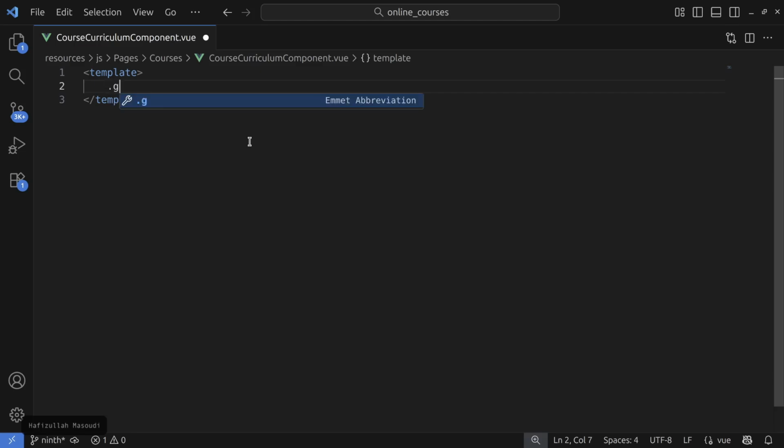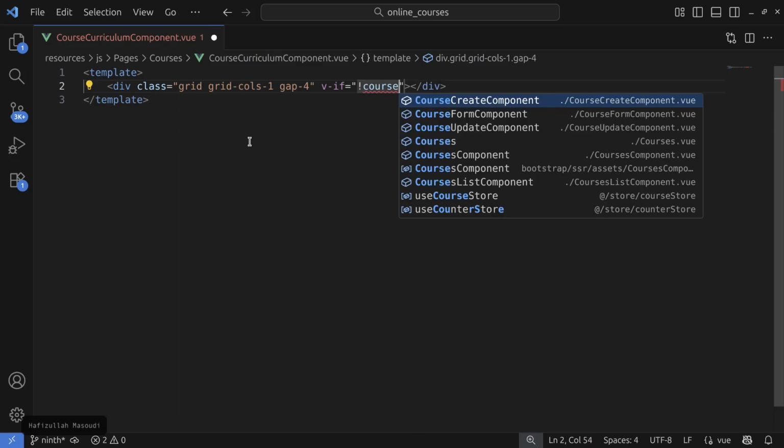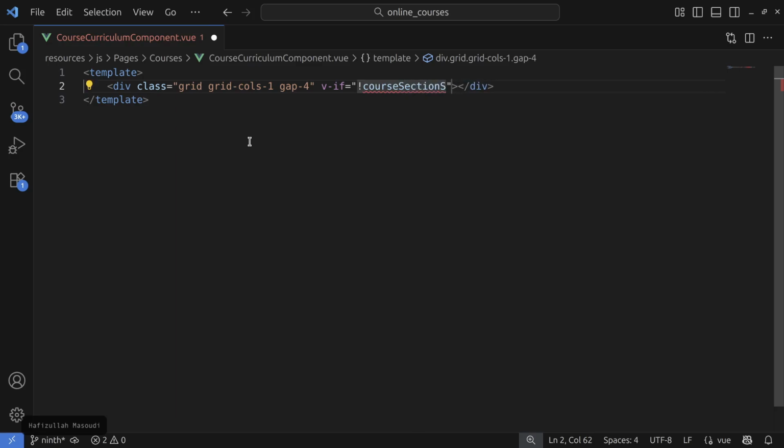So let's say grid cols 1, and let's declare gap 4. So we will show this one based on a condition. So let's say v-if, and for this one let's say if the course section status is false. Now we will create this one later. So let's say course section status is false. Now inside here let's create the col span. So let's say col span 1,